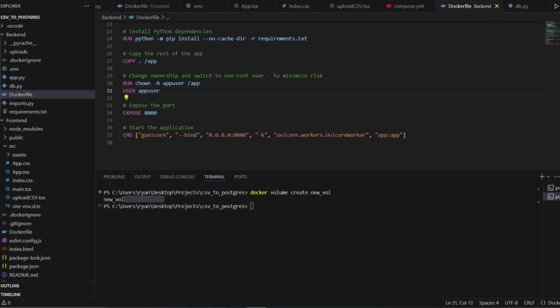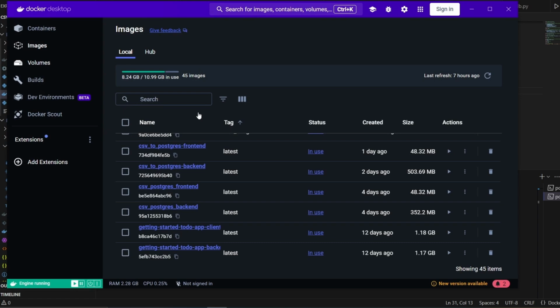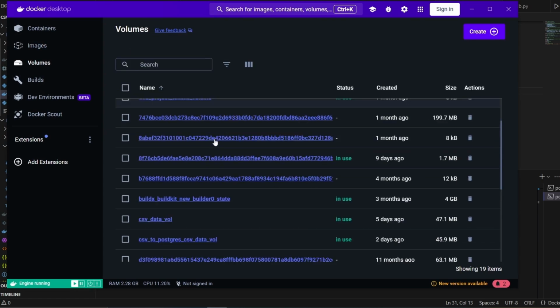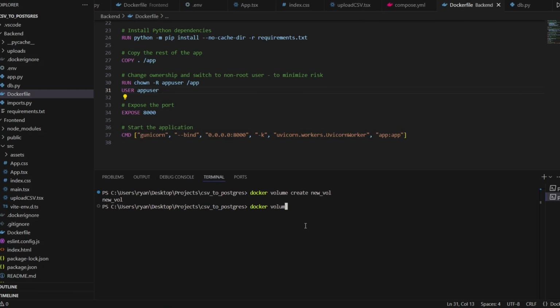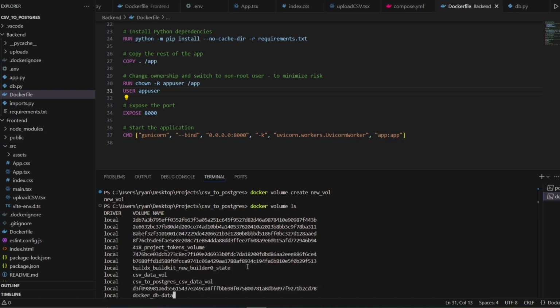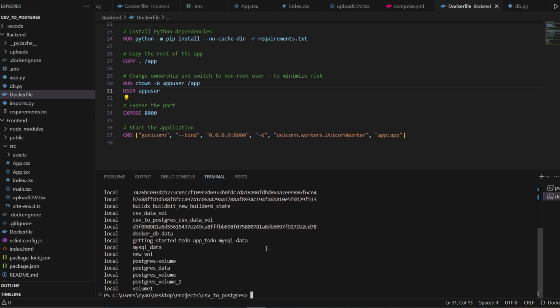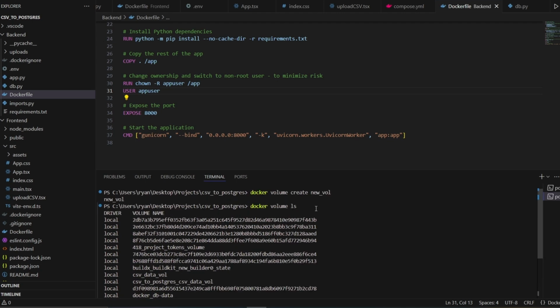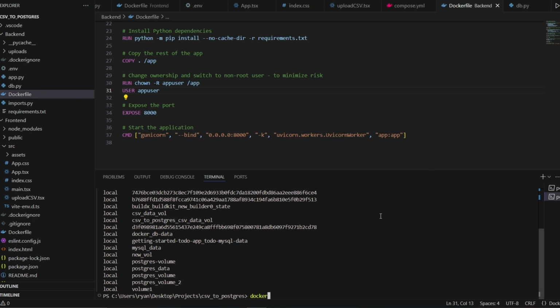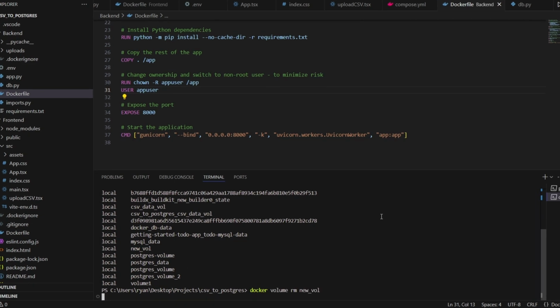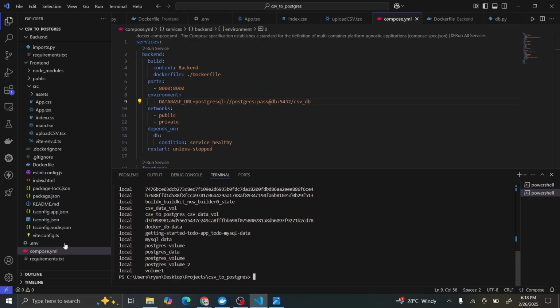I think first I can show you the list of volumes. Yeah, so you can see there's no new vol here. And let me create new vol. Let's run. Then to remove it, remember docker volume rm new vol. So I think you have a basic understanding of everything right now,